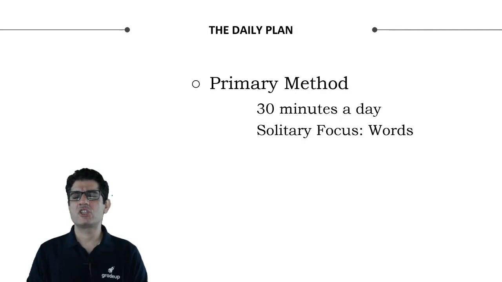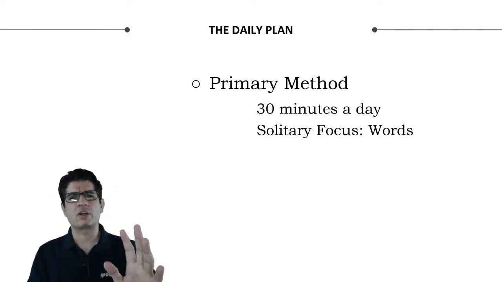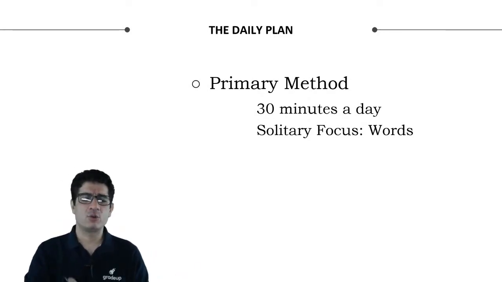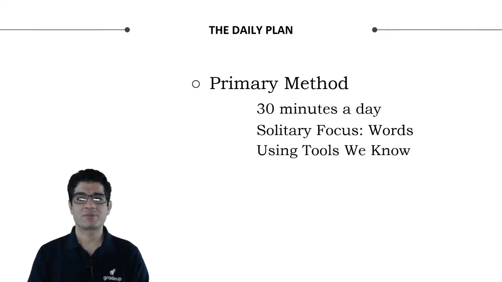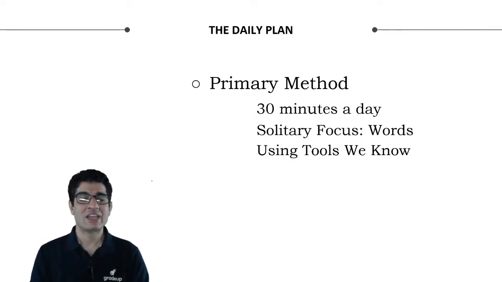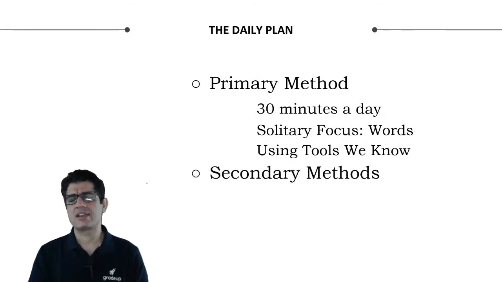In these 30 minutes, the only thing that you do is learning new words. You will not combine it with any other purpose. You will not say कि अच्छा मैं ना book read कर रहा हूँ साथ में चलो words भी हो जाएंगे, या newspaper read कर रहा हूँ words भी हो जाएंगे. ना, the only focus should be on acquiring more words. And how can you really acquire those words? From where should you acquire those words? You can use all those tools and methods that we already know, the methods that I have just shared with you. Apart from that, use some secondary methods too.